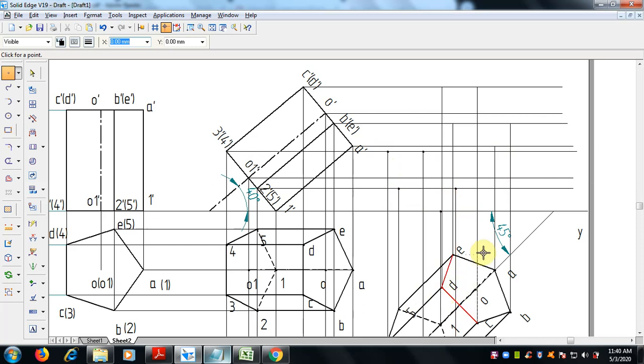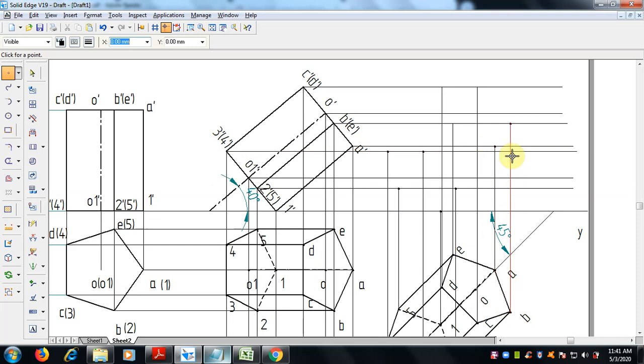Then A B C D E will come here. What is this? A B C D. Okay, yeah, this is a corner A. A will meet here.